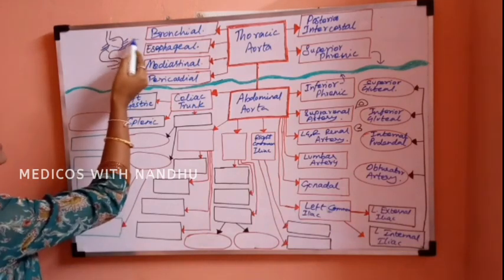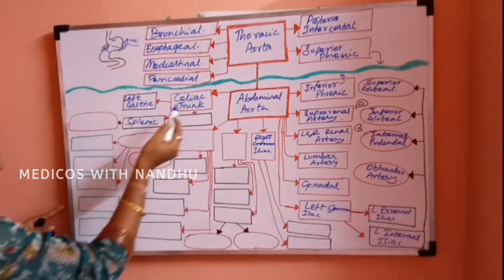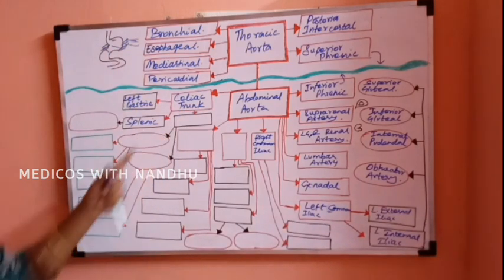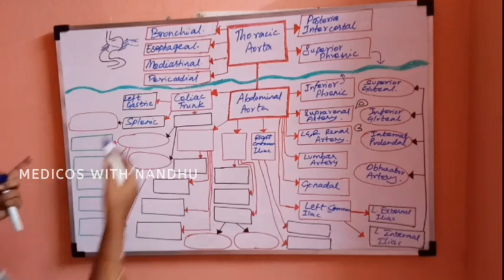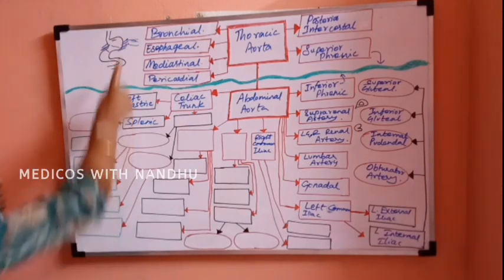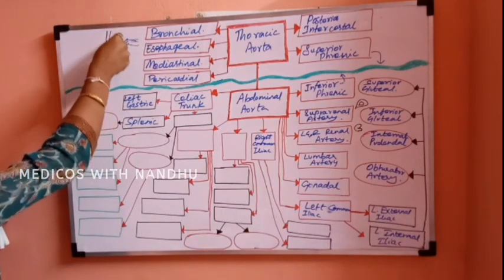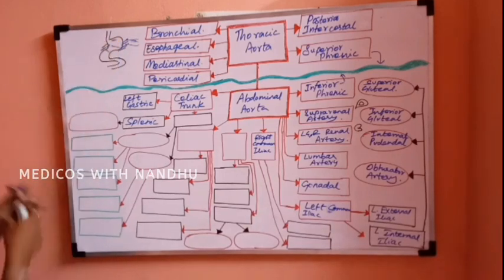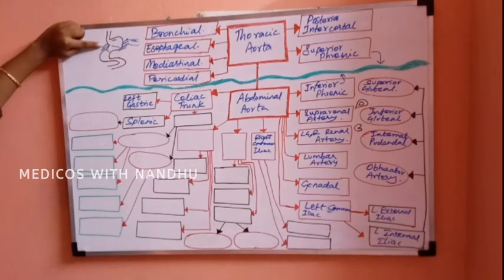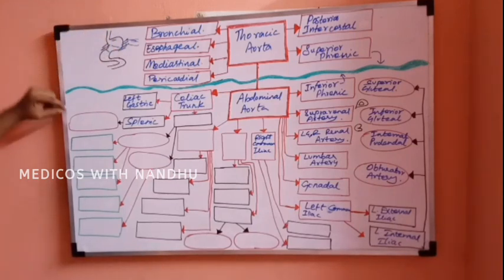Spleen is attached here, so it is going to supply here, okay? So the celiac trunk has the splenic artery as its branch, and the splenic artery is going to supply the spleen also. This splenic artery branches again. Since the spleen is present here, we have the greater omentum here. This is the lesser omentum, the short curve is the lesser curvature. Here is the greater curvature. So what supplies this greater curvature is the left